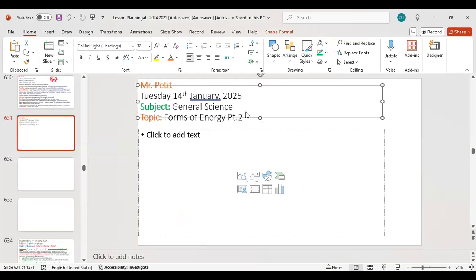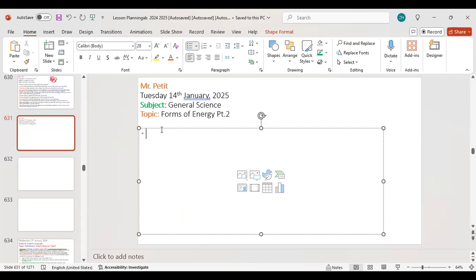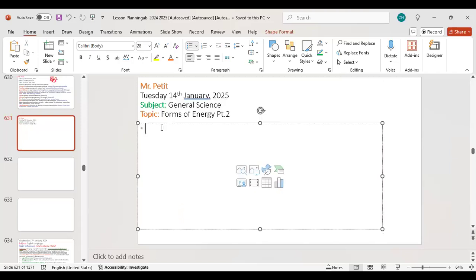Forms of energy, part 2. All right, so what we haven't talked about is light as a form of energy. Light is energy, and light is also a wave. So light is a form of energy